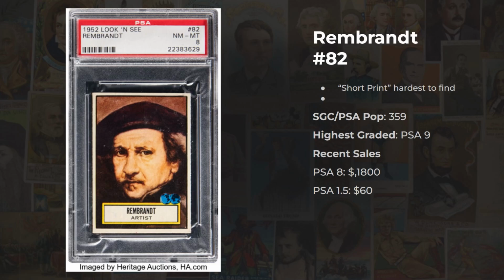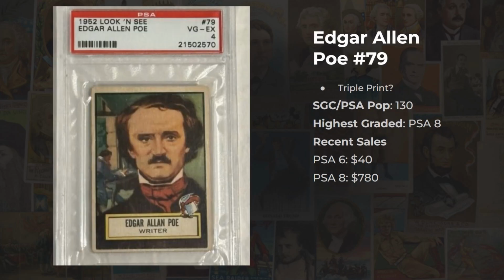I talked about him being the most popular short print, but I'd give him number 3 all day long. Edgar Allan Poe, this is considered to be one of the triple prints, but there's 130 that are graded, which is kind of interesting because there's a lot of Edgar Allan Poe fans out there, and the cards are kind of expensive. An 8 has sold for $780, but that is the highest grade. There's no 9s out there, so that's why there's such a premium on the 8 grade, and a 6 sold